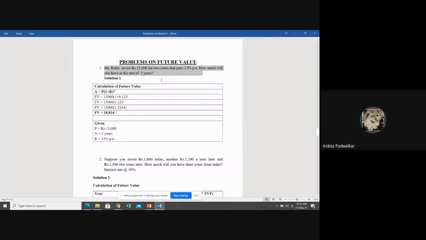Yes, students? Single cash flow. It is calculating the future value of a single cash flow. When I say single cash flow, because only 15,000 is deposited, 15,000 has been invested for a period of 2 years. When I say deferred annuity, someone gave me the answer as deferred annuity. Annuity is a series of payments, like 15,000 today, 15,000 in the next year. It is not that case.